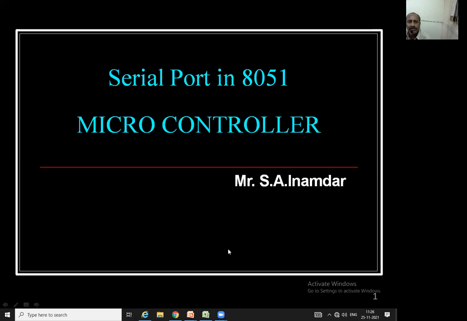8051 has dash dash bit counter. So how many counters does it have? 2. And what is their capacity? 16 bit. So that is the correct answer, and the maximum have given the correct answer. The second one was dash dash interrupt lowest priority. If we have gone through that particular slide, the serial port has the lowest priority. So that is the correct answer.